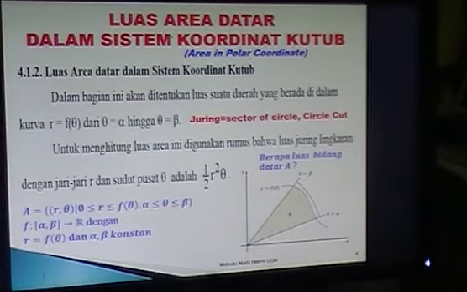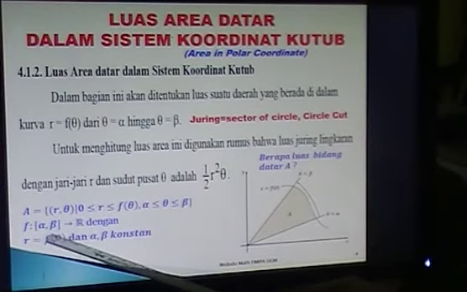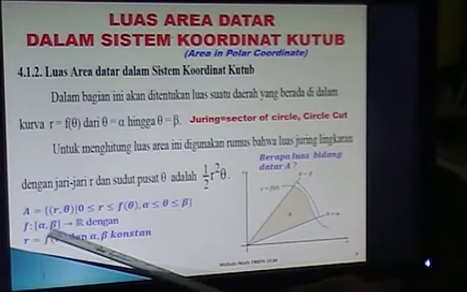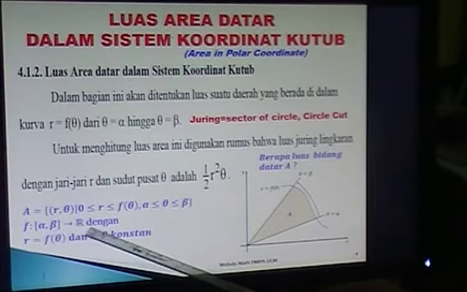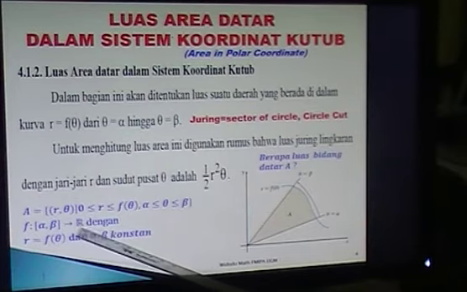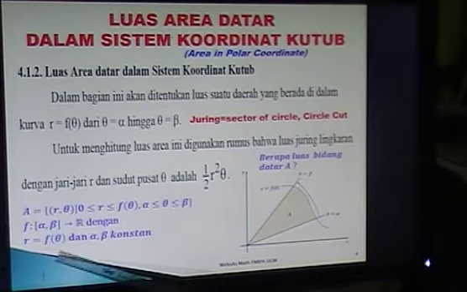In this lecture, during 1 hour, we would like to describe the formula of the area A in polar coordinates. Of course, the function f is a continuous function on the interval alpha beta. This is the interval of the angle from alpha to beta, where r is the set of all real numbers, and r equal to f theta is the equation in polar coordinates.